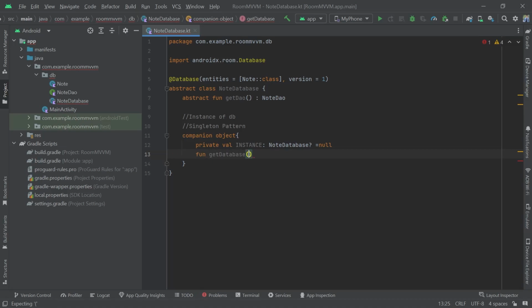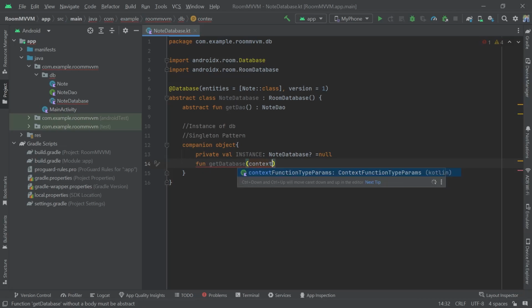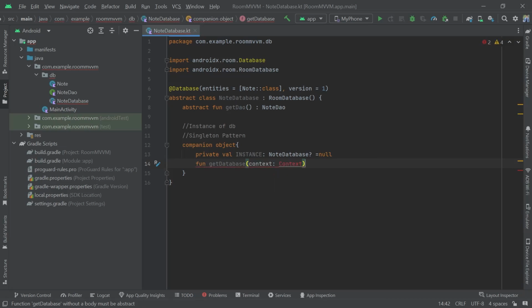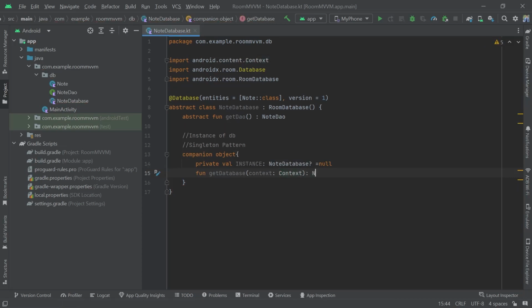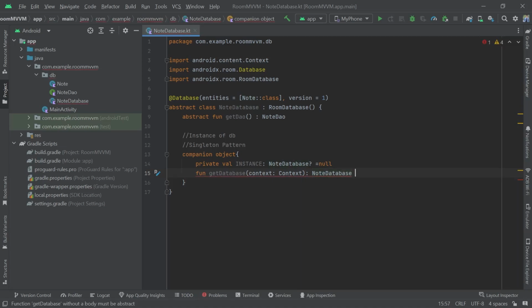And also one more thing, we also have to extend RoomDatabase. And now for this getDatabase method, we need to create the instance, and for that we also need the context value, where we need a context parameter. Okay, and now this will return an instance. We import this, and the instance will be NoteDatabase. So inside this we will return the instance